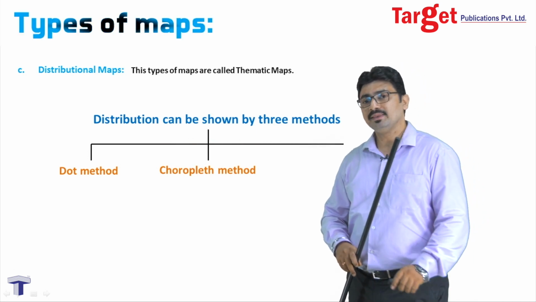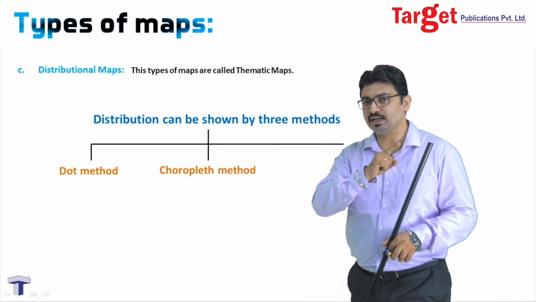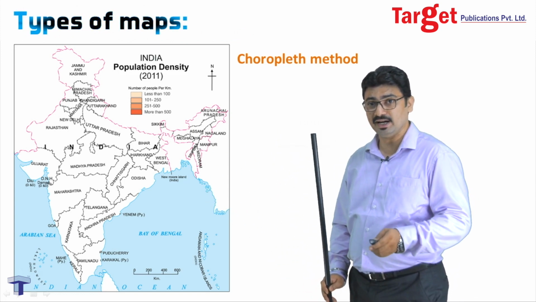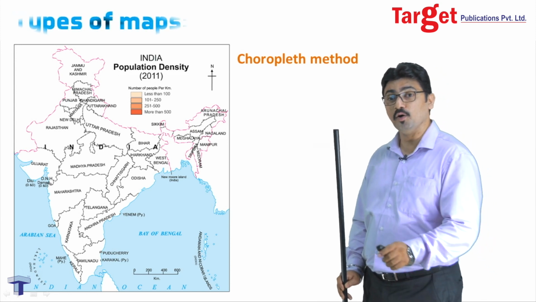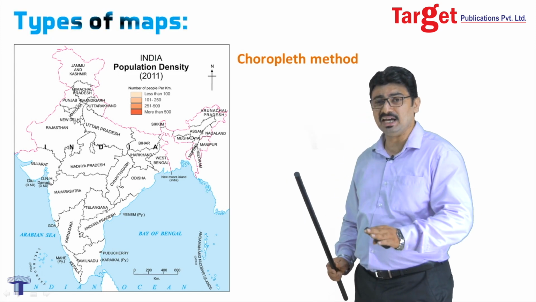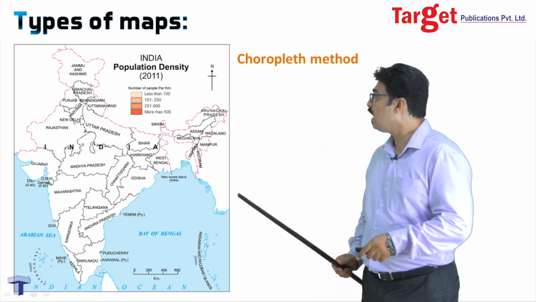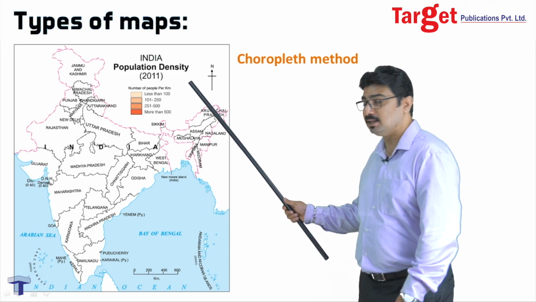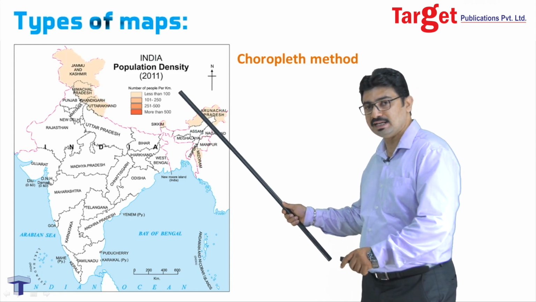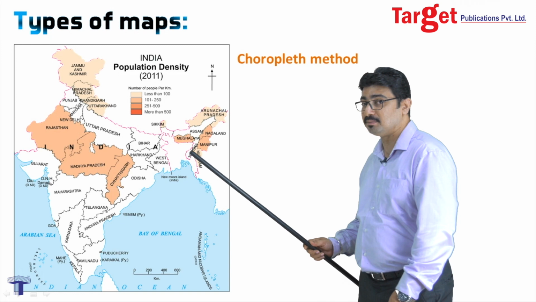Apart from dot method, the next method that we use is known as the choropleth method. Now friends, you have also studied both this dot method as well as choropleth method in your earlier standards, right? Now let us have a small glimpse of the choropleth method. Again, choropleth method also uses various shades for various categories of values of the required feature. Again, we are using population density as the example, and various shades are used to indicate different categories of population density.